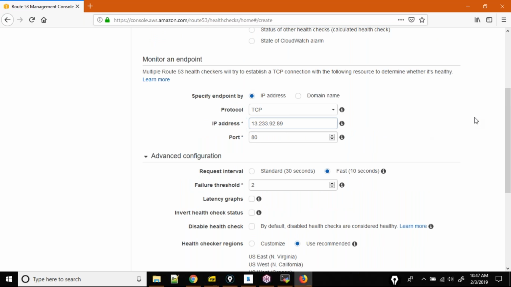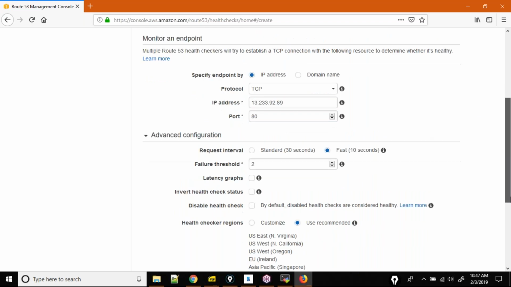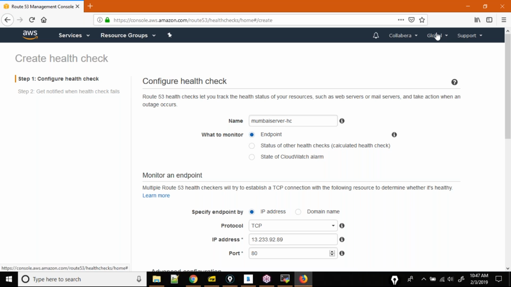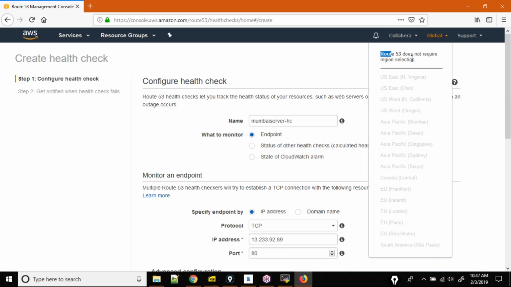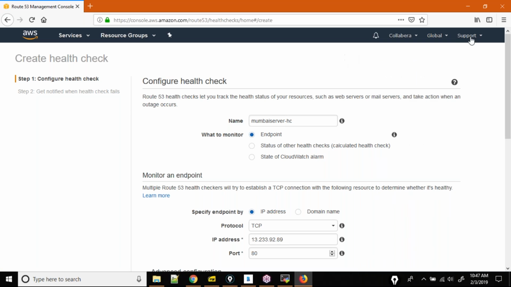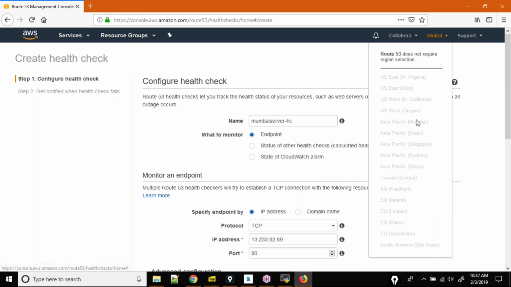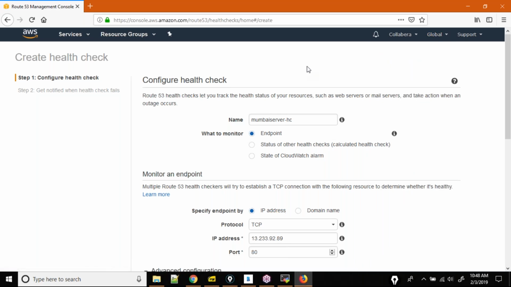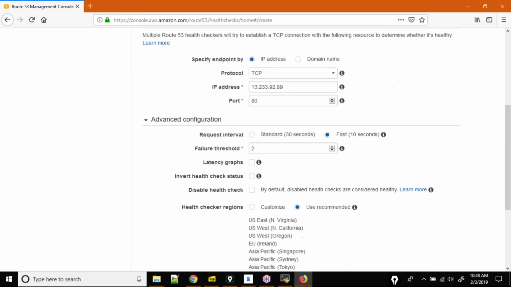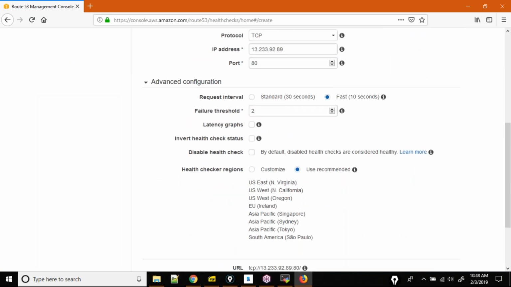We are saying Route 53, but where is it actually? Route 53 does not require a region selection. So it is not a region based service. So it's not Route 53 in Mumbai, Route 53 in Singapore. It's not like that. Route 53 is a whole service across AWS. But Route 53, for checking the health,